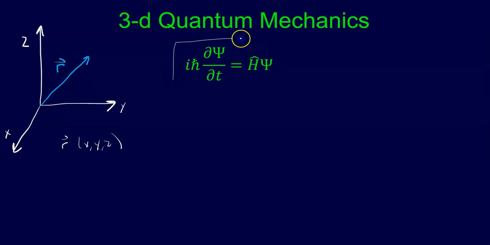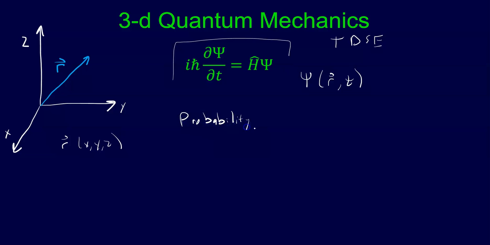And so now we have our same time-dependent Schrodinger equation. And our capital psi now is going to be, instead of being a function of just one spatial dimension, now we assume this can be a function of three spatial dimensions. And so we've got a few things we're going to go through and just adjust in our time-dependent Schrodinger equation. So first of all, the probability